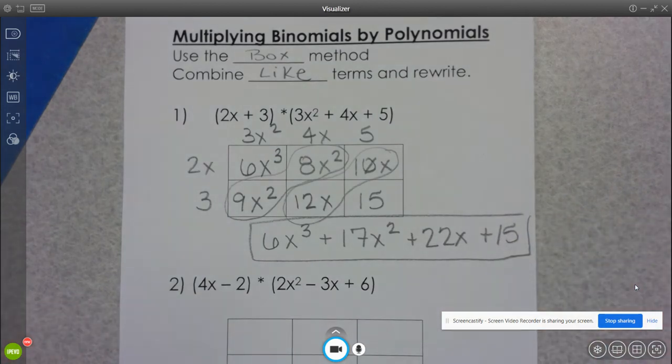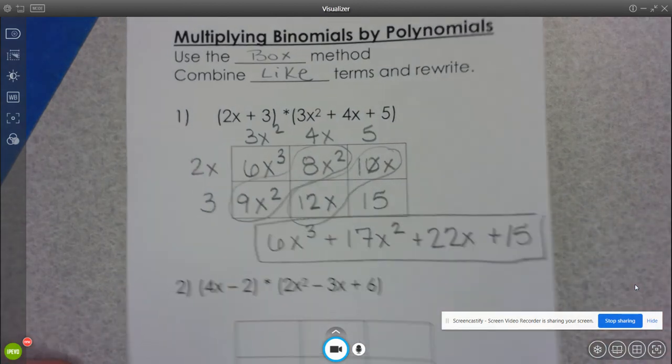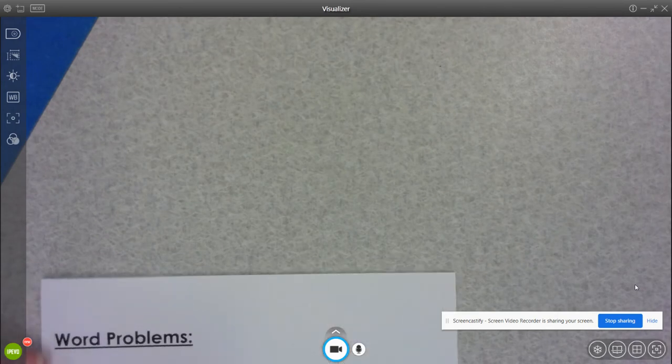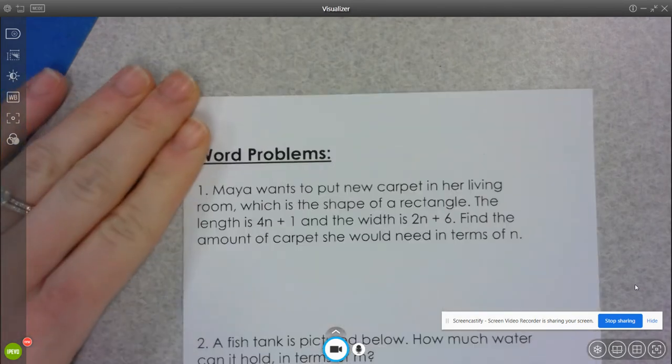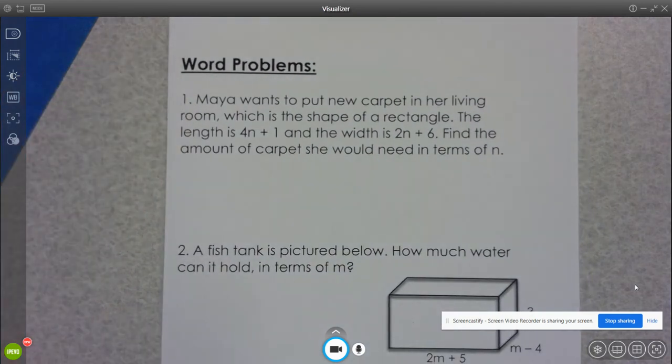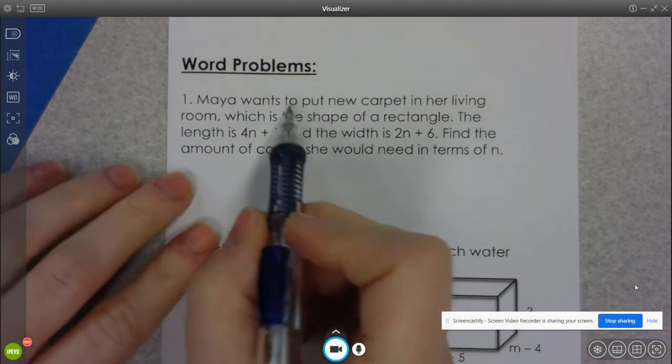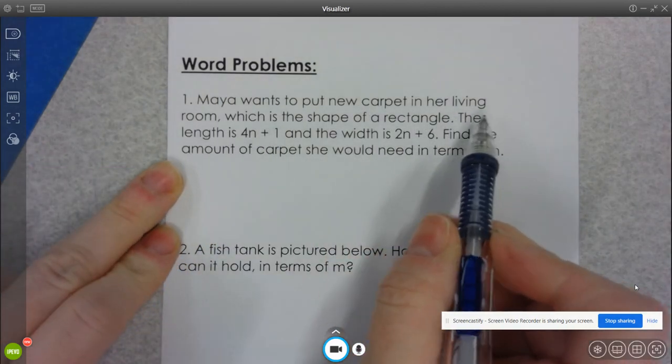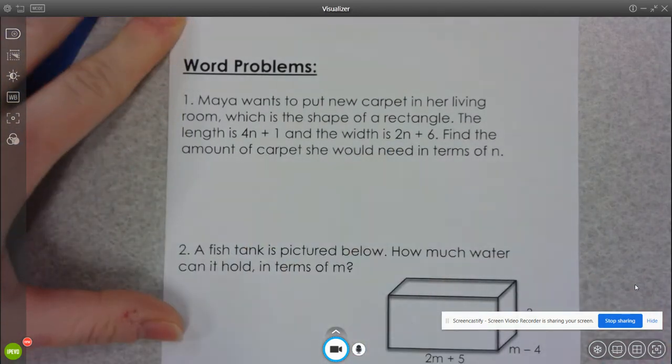I'm going to leave the other two for you. And last but not least, we have some word problems here. We're going to talk about the process for each question. I'm going to let you carry out the process on your own and submit your answers to me in Canvas. So if we're putting new carpet in her living room, which is a rectangle,